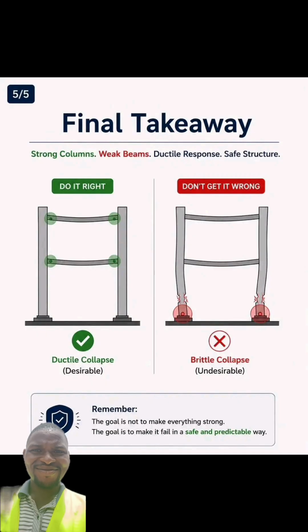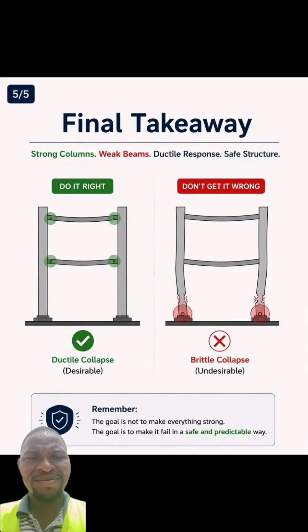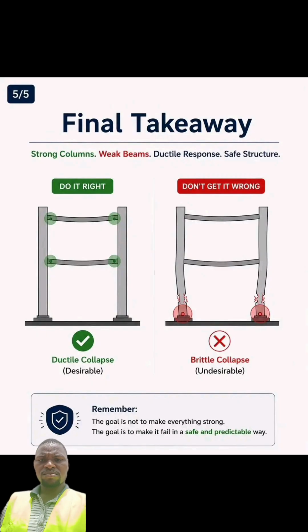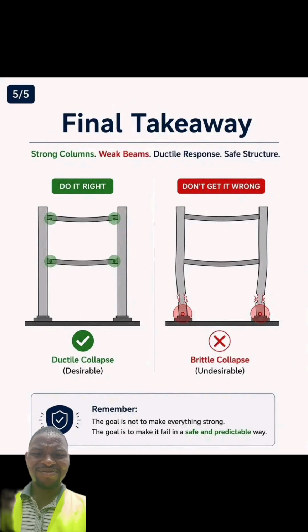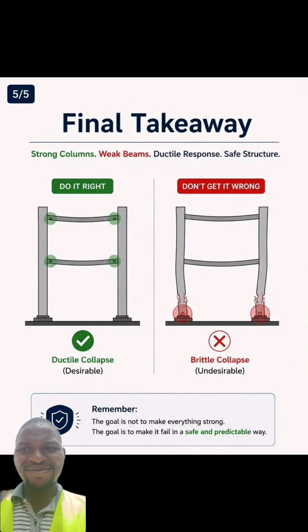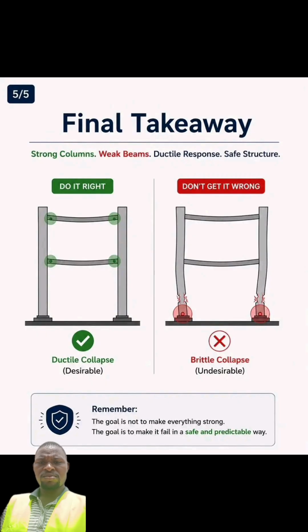Ductile collapse, it's okay. Brittle collapse, it's undesirable. So these are things for you to remember. The goal is not to make everything strong. The goal is to make it fail in a safe and predictable way. So even if the structure is going to collapse, it should give people room to evacuate the building before it collapses. That is why this type of design helps you, because you see the cracks